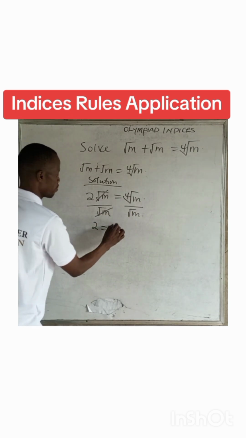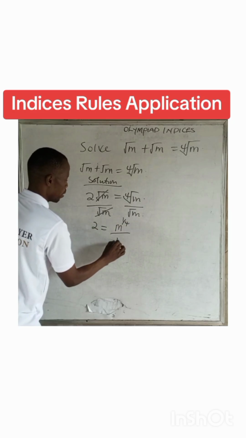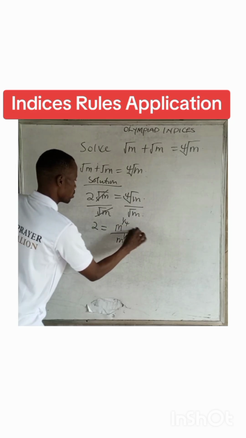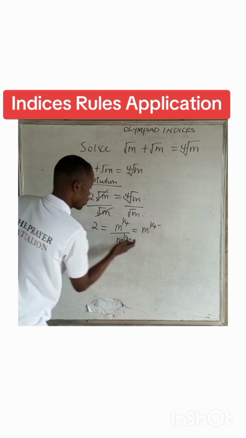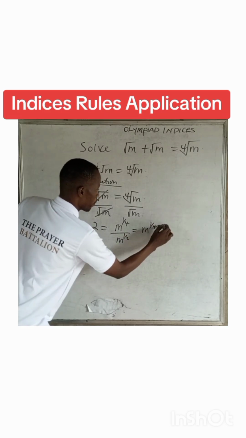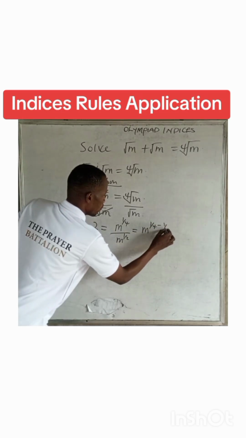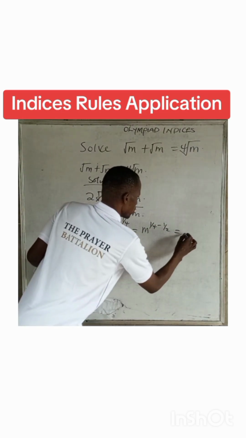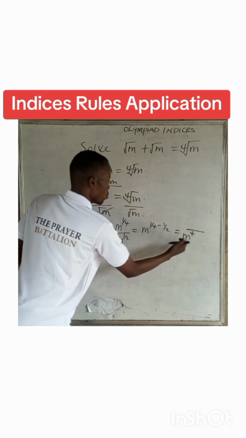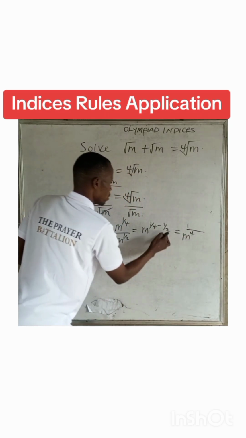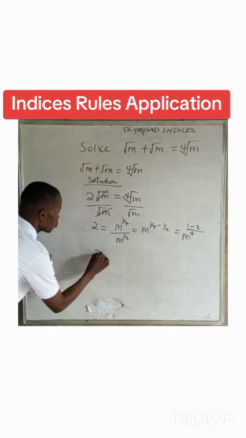Then this 4th root of m gives us m to the power of 1 over 4, all over m to the power of 1 over 2. That is m to the power of 1 over 4 minus 1 over 2, because division means minus in power when you have the same base. Our LCM is 4. So 4 goes in 4, 1. 2 goes in 4, you have 2. So we have 2 equals